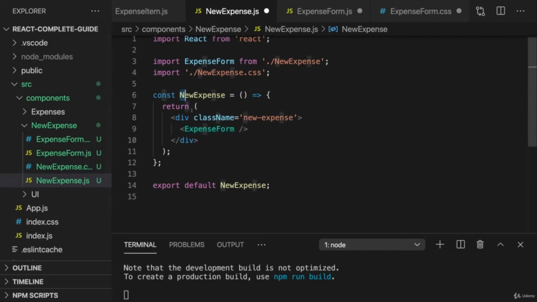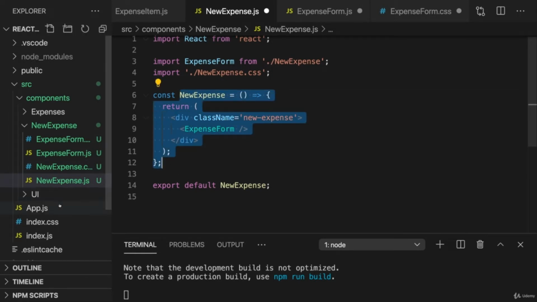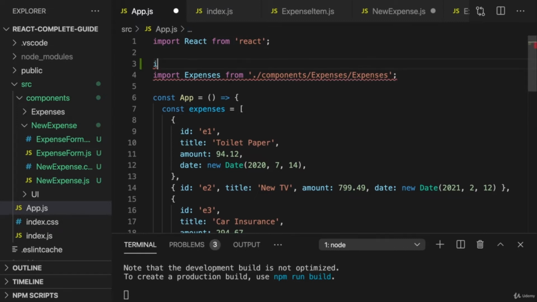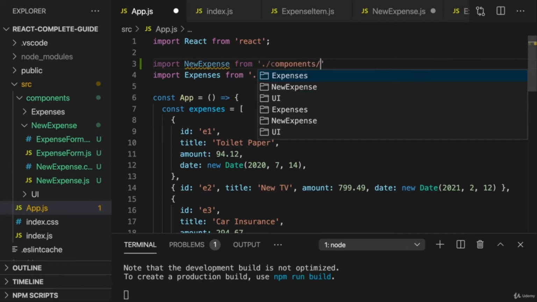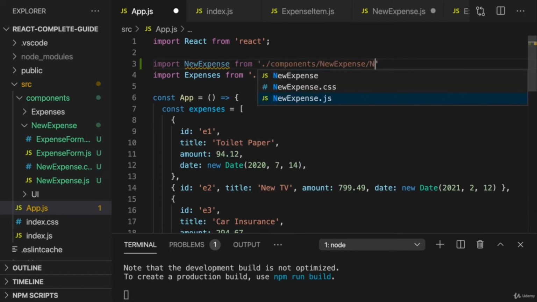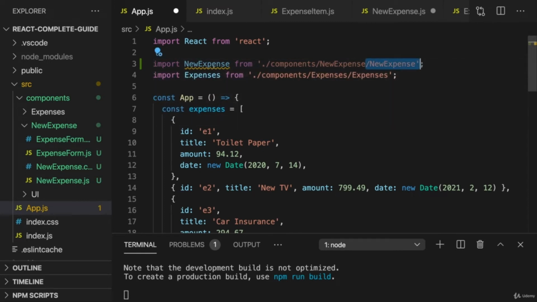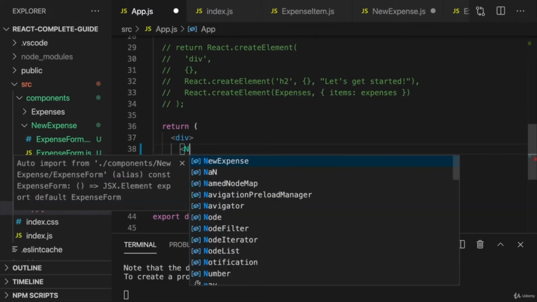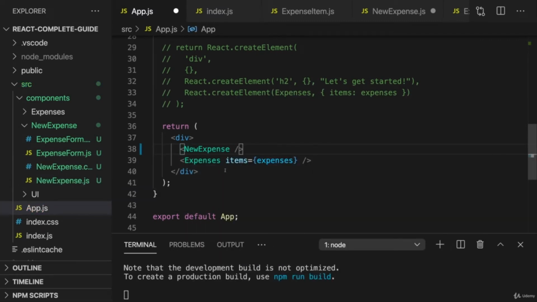And now I want to render this entire new expense component in the app.js file. Because in there, in the end, we're combining all these components. So here I'll import new expense from /components/new expense/new expense. That's the path to this new expense JavaScript file. And then here, finally, instead of this dummy h2 tag, we can render new expense like this. If we now save this